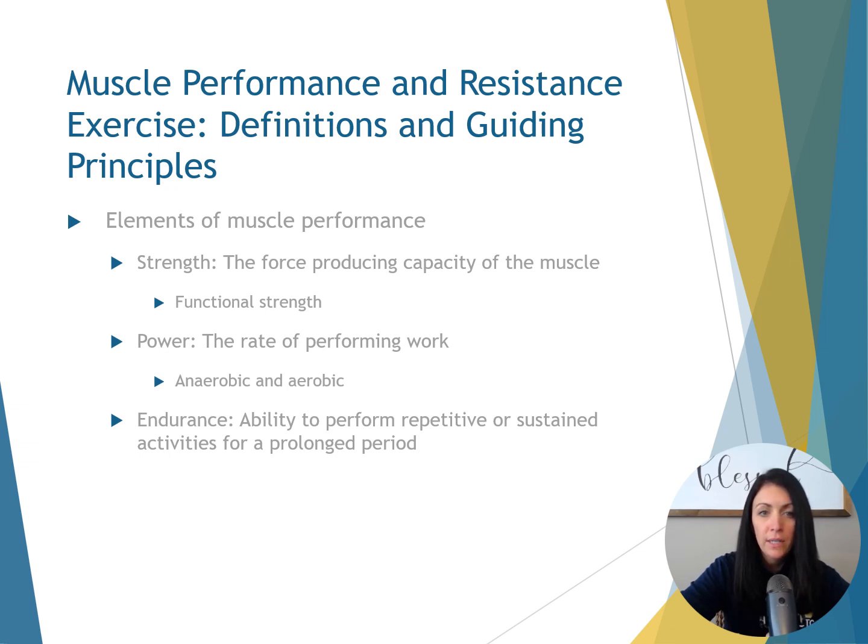So for endurance, that is the ability to perform repetitive or sustained activities over a prolonged period of time. Cardiopulmonary endurance, meaning total body endurance, is associated with repetitive dynamic motor activities that may include walking, cycling, swimming, or upper extremity ergometry, like the UBE, using the large muscles of the body. With muscular endurance, it's the ability of a muscle to contract repeatedly against an external load, generate and sustain tension, and resist fatigue over an extended period of time.